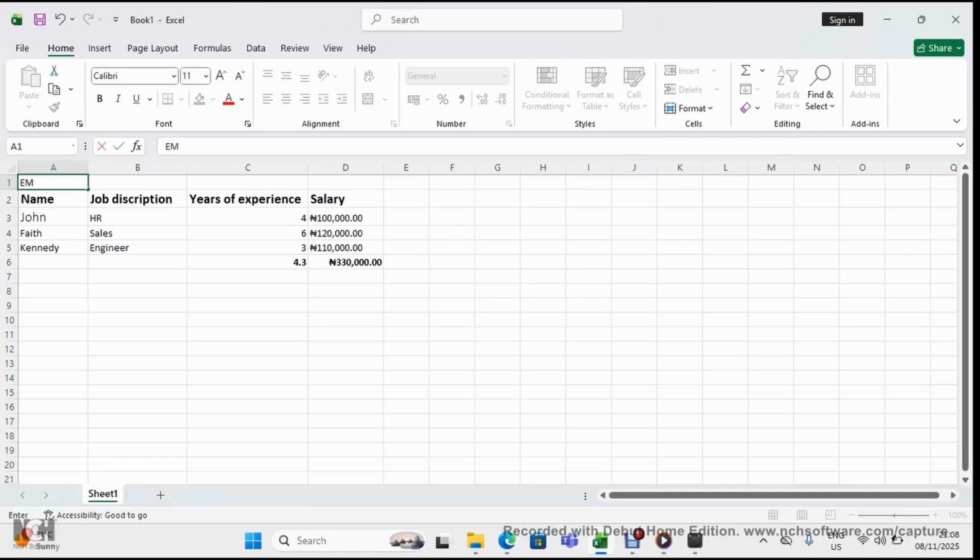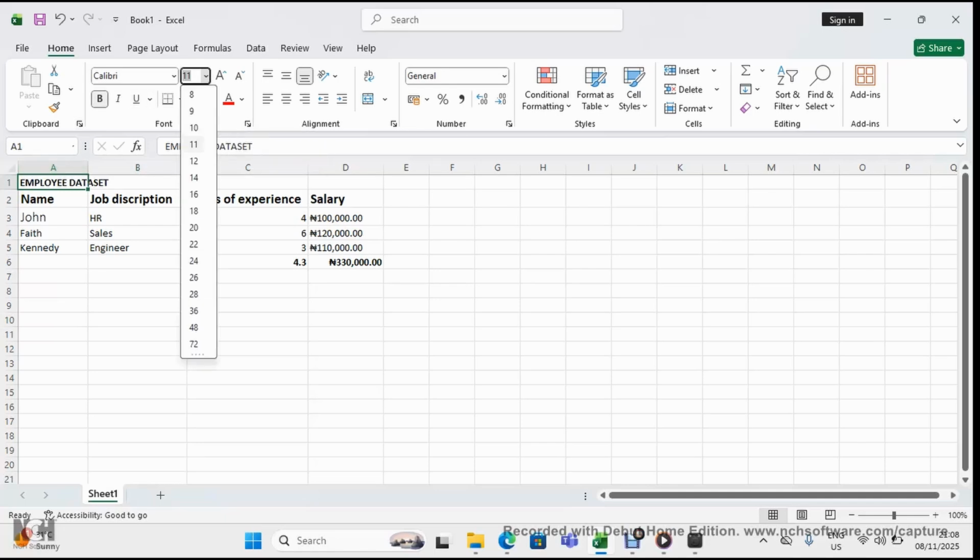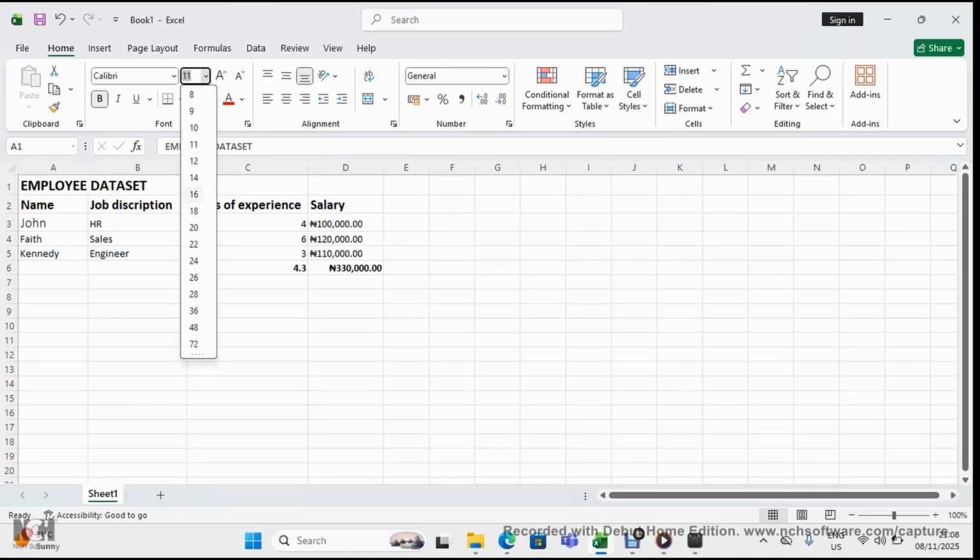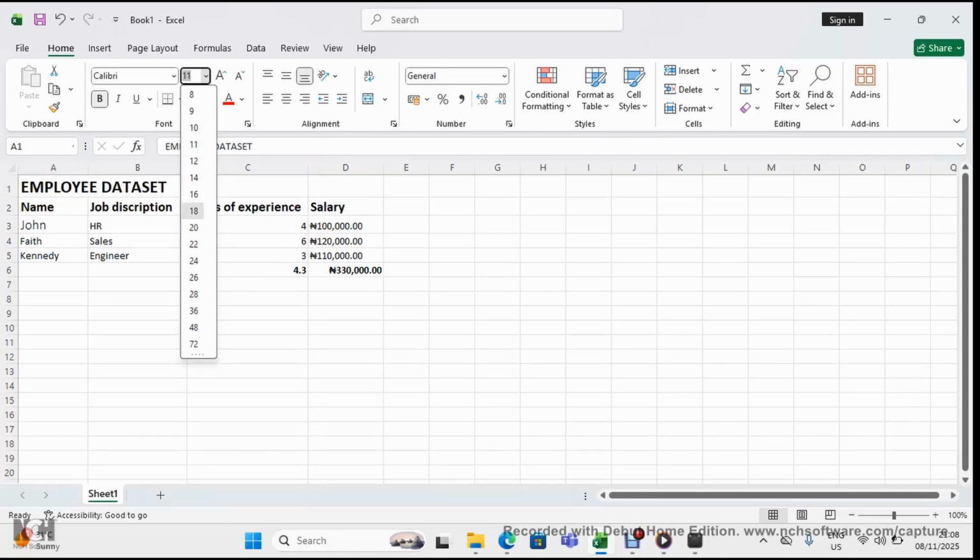employee data sets, hit enter. So this is our title, but our title is looking small, so we can format this title. First of all, we can bolden the title, we can increase the font size, let's say to 16 or 18. We can increase the title, but it's still not looking good, and it's more like floating into column B,